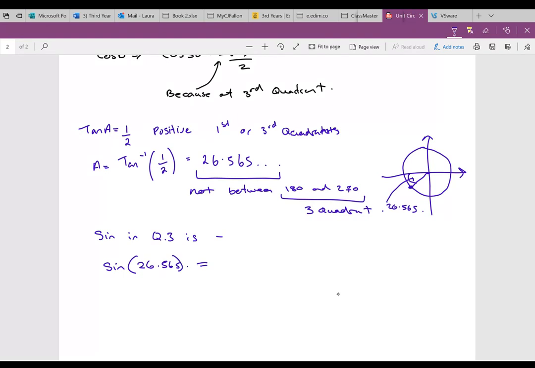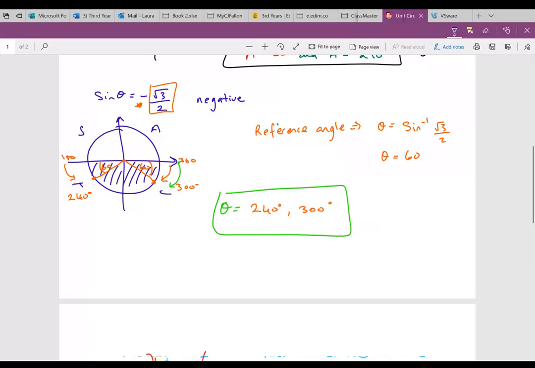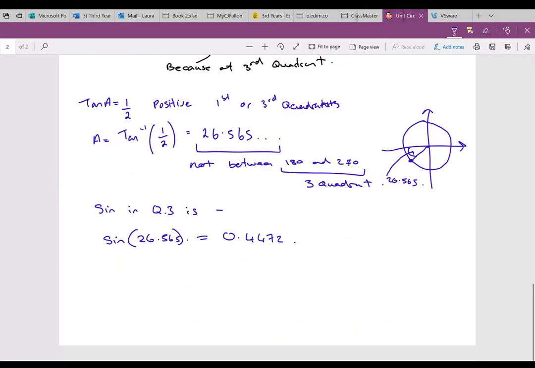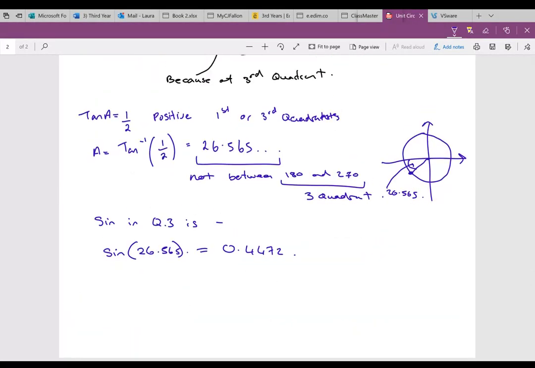And that gives me a value of 0.4472. So my calculator is not bringing me up a surd value. So it does ask for it in surd form there. Tan A is equal to